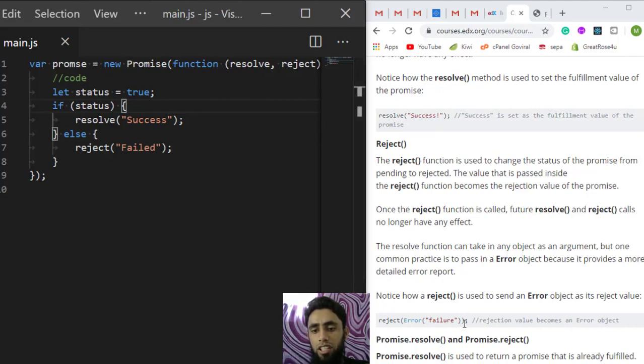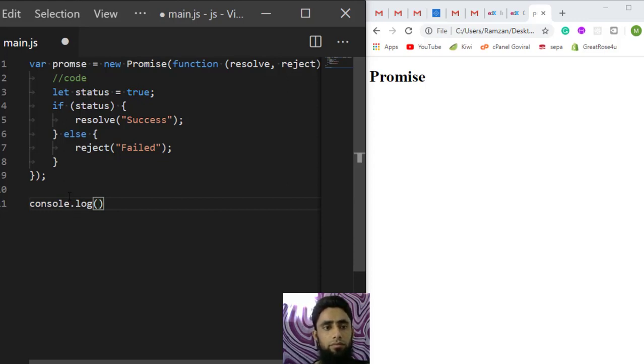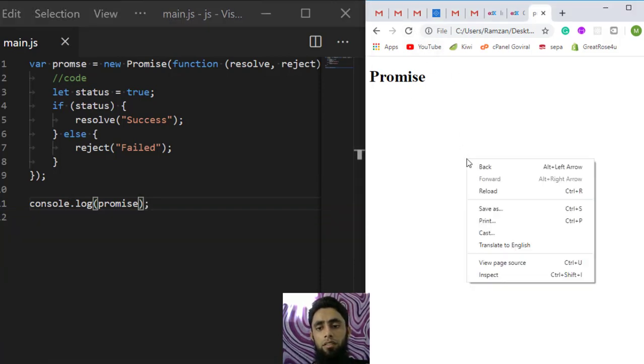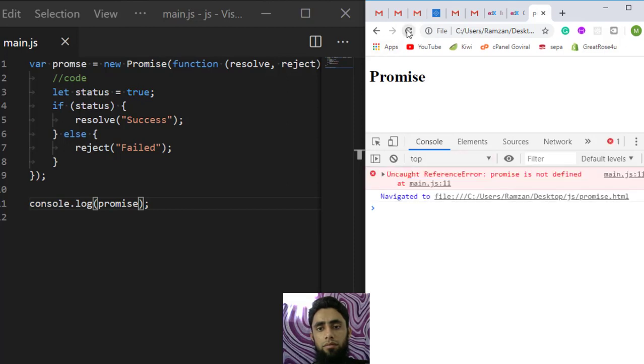Here we actually have the syntax, so let me show you a small console. You can see that promise is not defined.